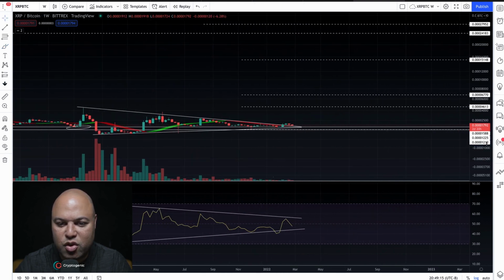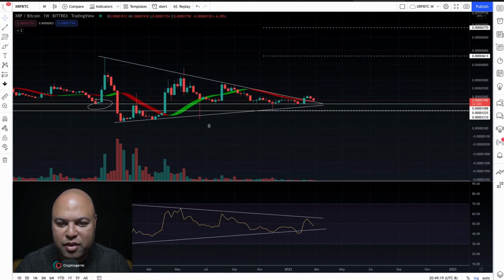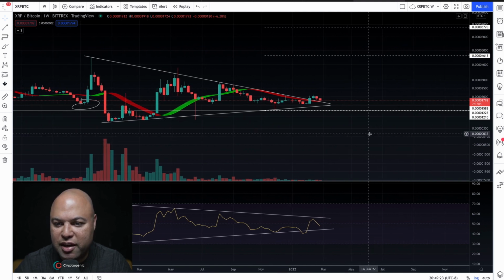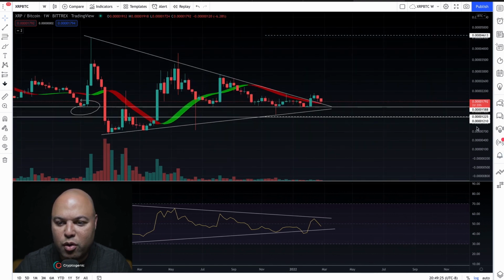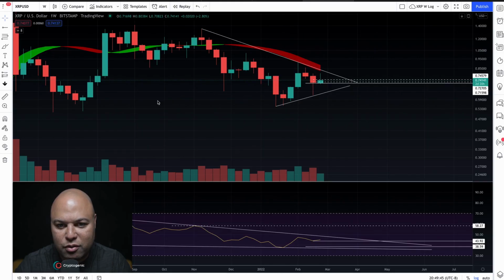I just made this huge triangle. If you go all the way back to that bullish move, we made almost a perfect triangle. But if we look at it, we've broken bullish above that triangle. We're coming back to retest it, but we've broken bullish. All we need is a corresponding break in the RSI. And if we get a bounce here at this line and a break above, what this means, the XRP BTC chart, instead of XRP USD,